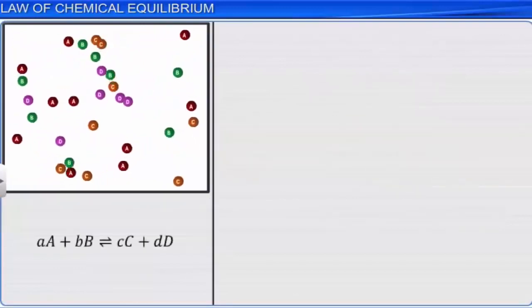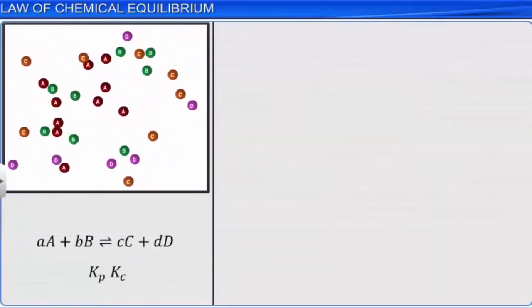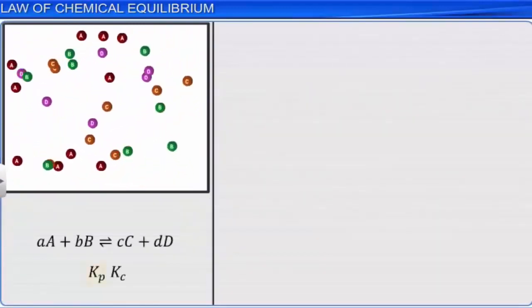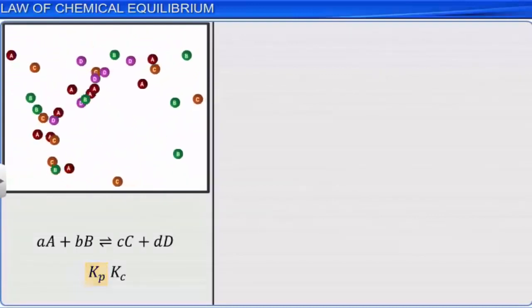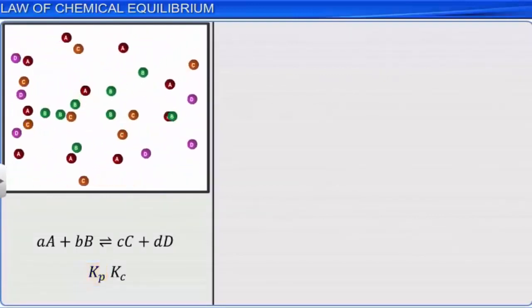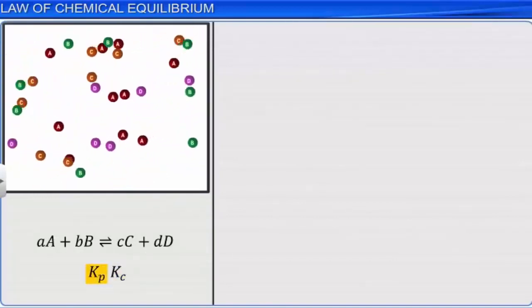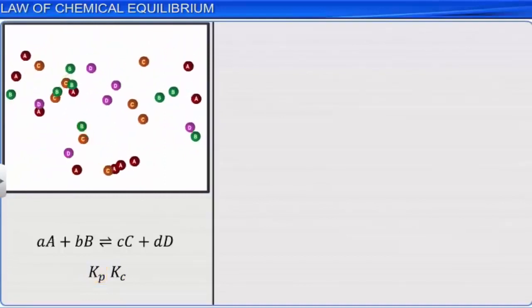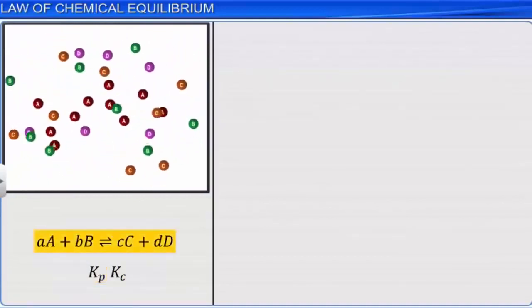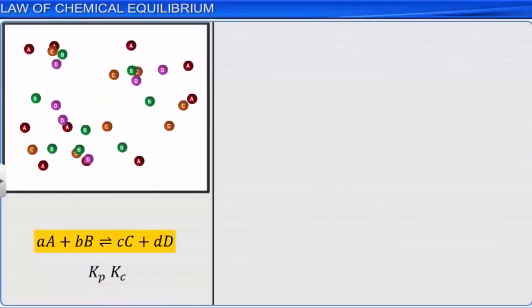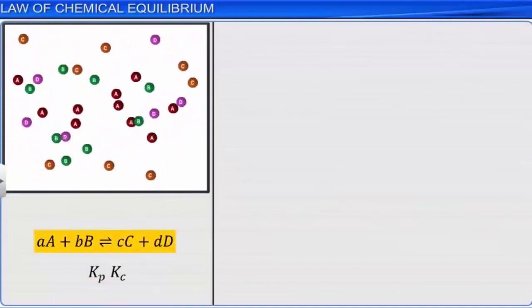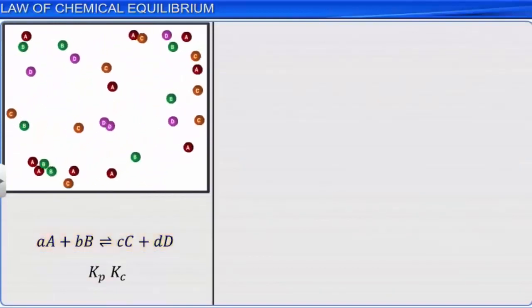The equilibrium constant in terms of partial pressure is represented by Kp. Let us examine the relationship between the two equilibrium constants, Kc and Kp. For a general reaction of the type aA plus bB in equilibrium with cC plus dD, the equilibrium constant